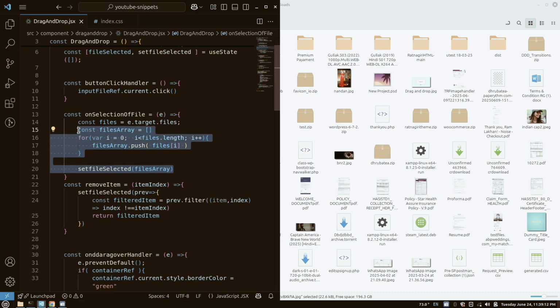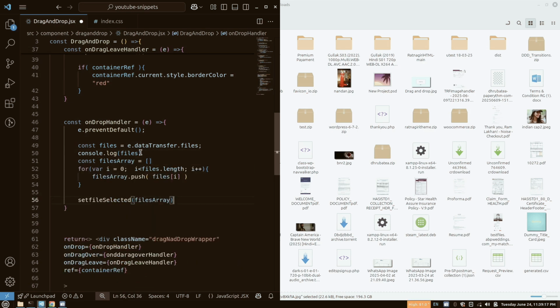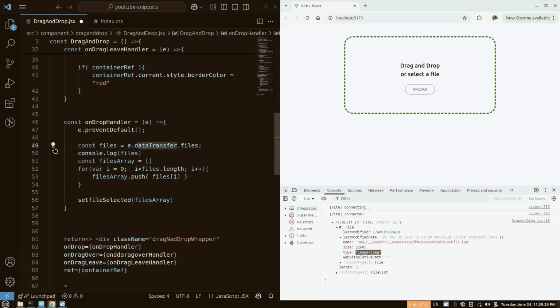So let me copy this, and here I am going to write the same logic. So now again we have the files array, and again we are running loops over the items that we have got from the console log that we have seen, and that is coming from the data transfer while dropping the items inside the container. Okay, and after doing this we are pushing the items to this constant variable, and at the end we are setting this to the set file selected. Okay,